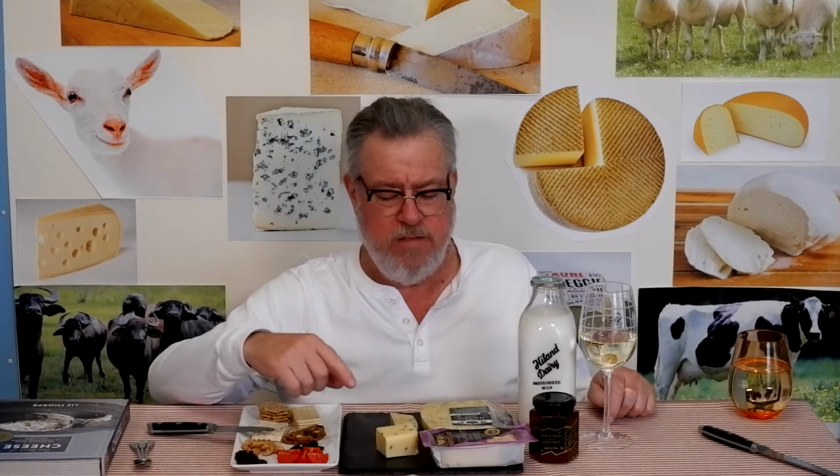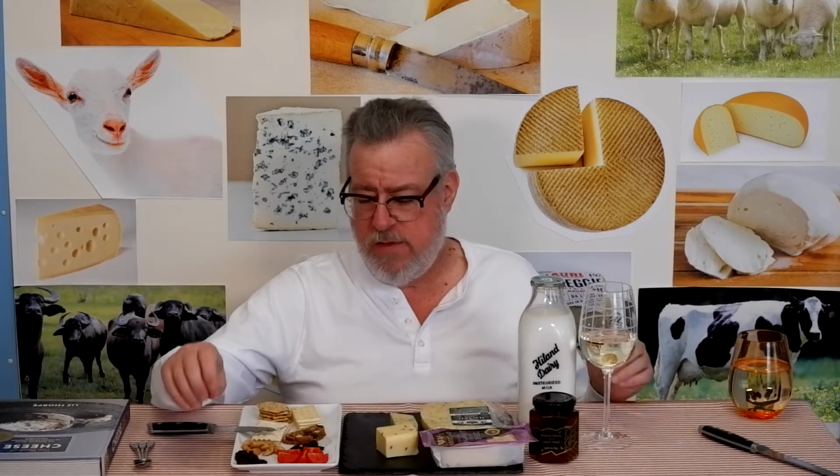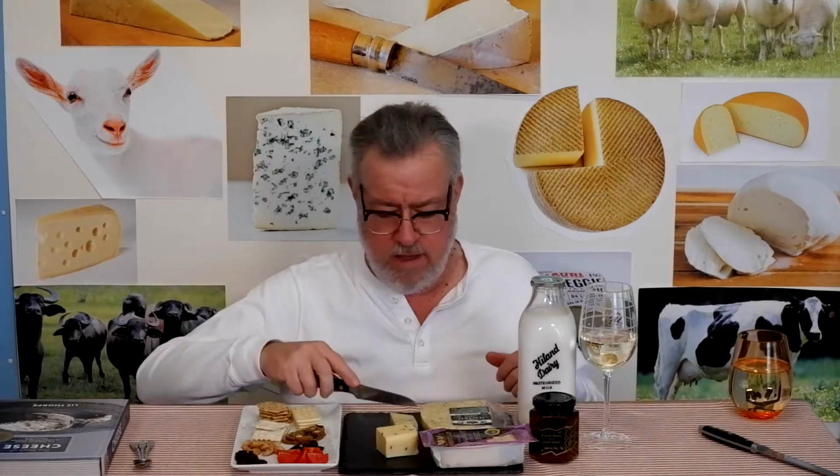So dill flavors can be strong in many dishes, but in this cheese, I think the fat and protein kind of forms a protective layer that keeps you from tasting the full force of the dill. So I would think it would be more intense and have a stronger flavor overall than it actually does. So that's pretty interesting. One last thing I want to try,